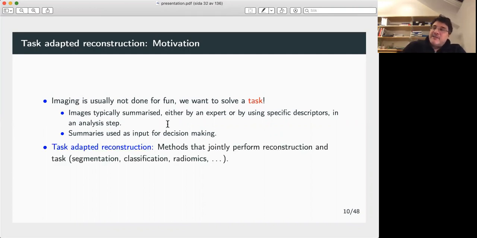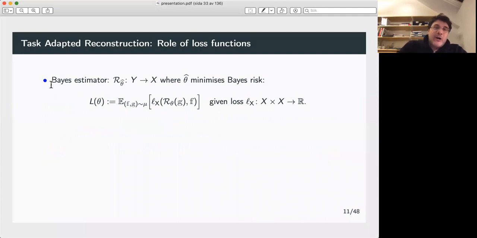And this is typically what is done for decision-making. So there has been a trend, I would say, in certain parts of inverse problems to see if you can do things jointly. So you want to do the reconstruction jointly with a certain task, like segmentation, for example. So the question is, if you go back now, I was just arguing how you can see reconstruction as a Bayes estimator,